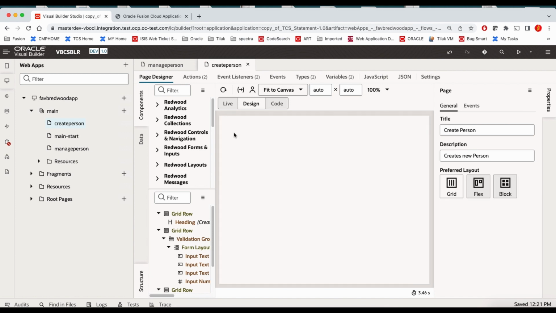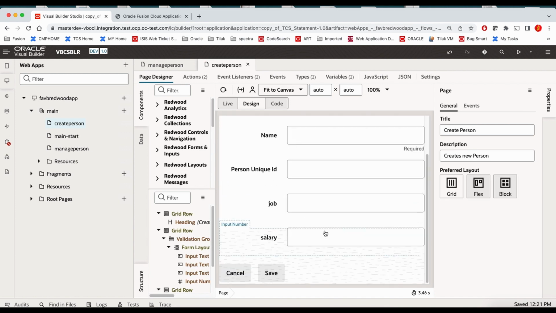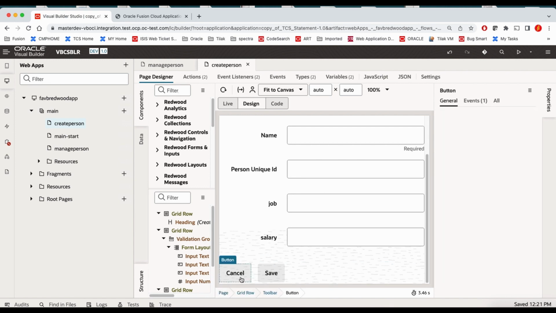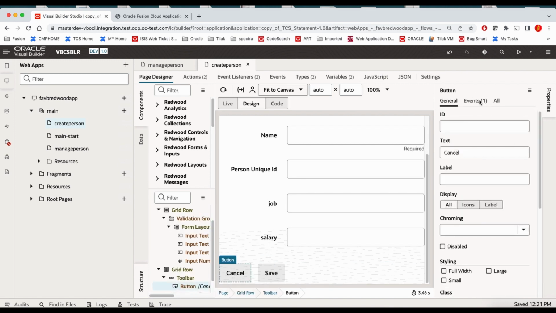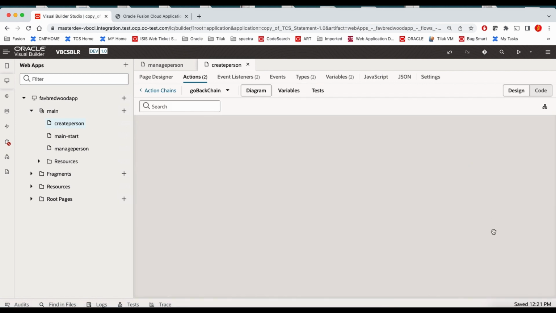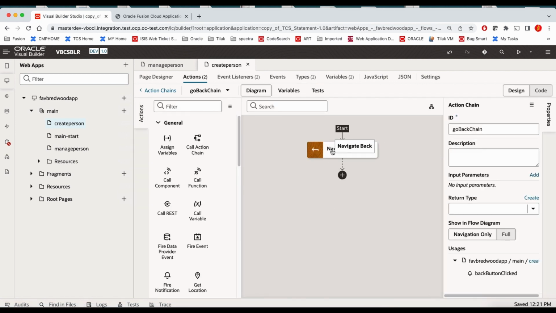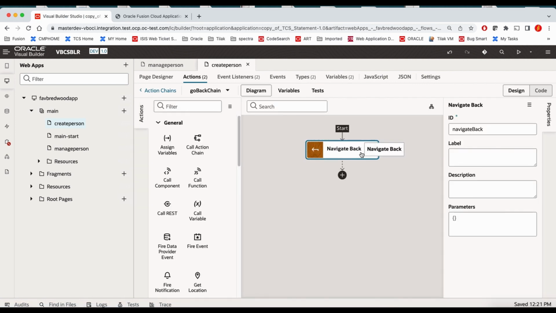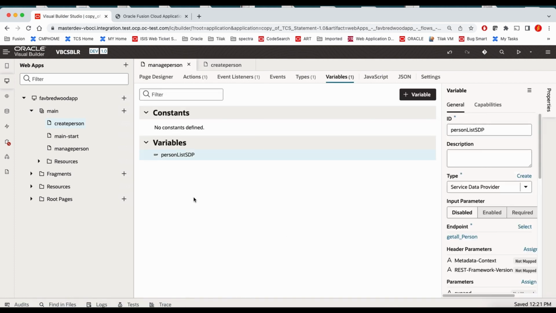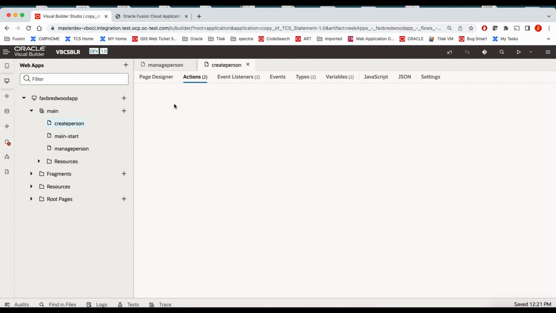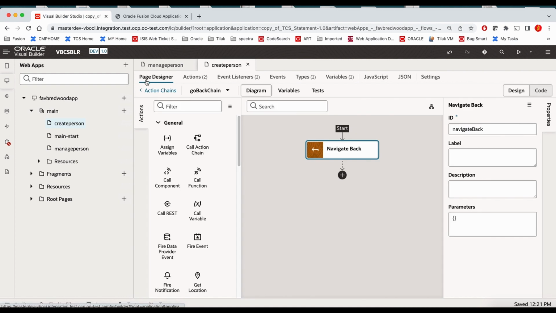Okay. The create person page basically is listed out there, cancel and save. Now what happened to the cancel? You are looking at the event, it's probably going to say go back. Okay, navigate back. That's our action here. So basically, it says navigate back. That is the action here. Now, if you are looking at that create person, go to the page designer, then